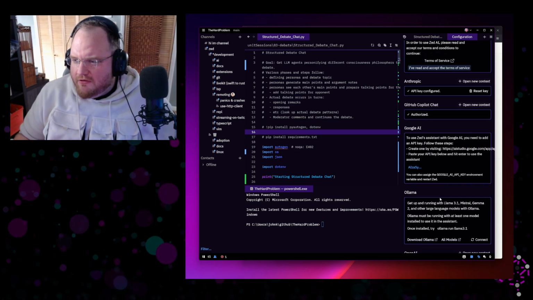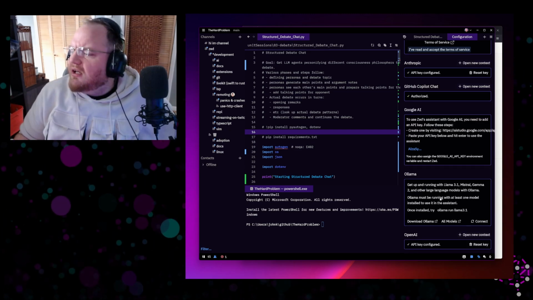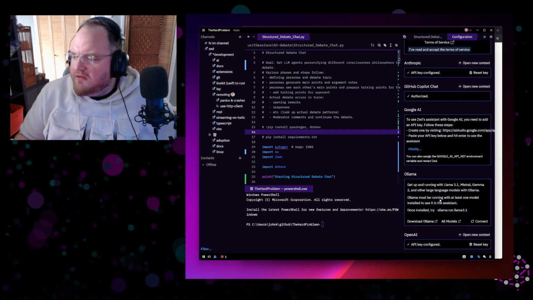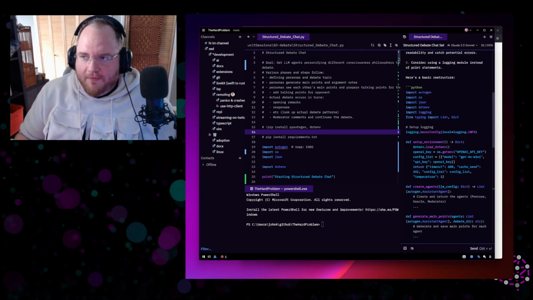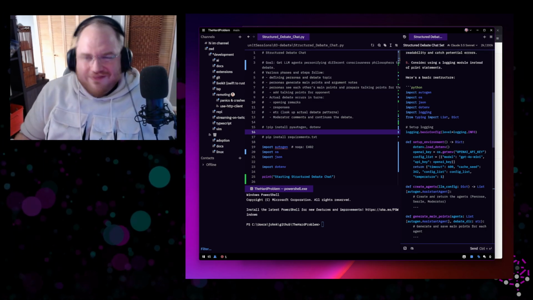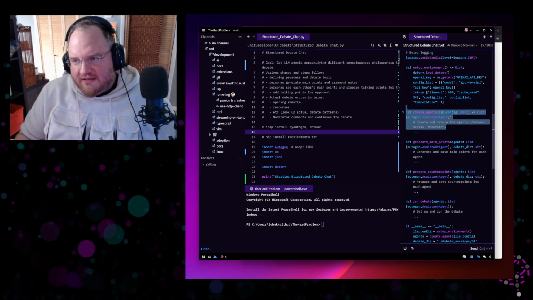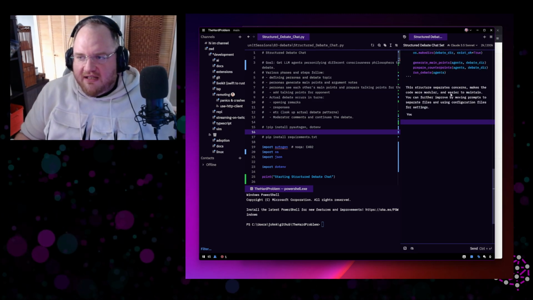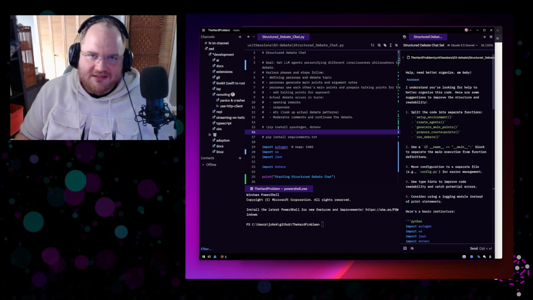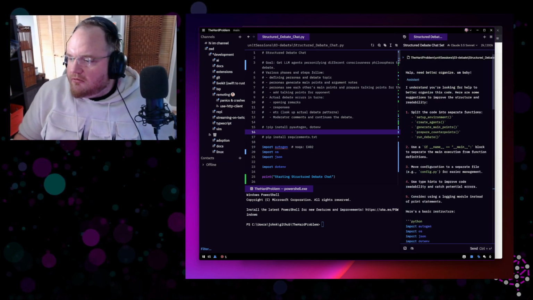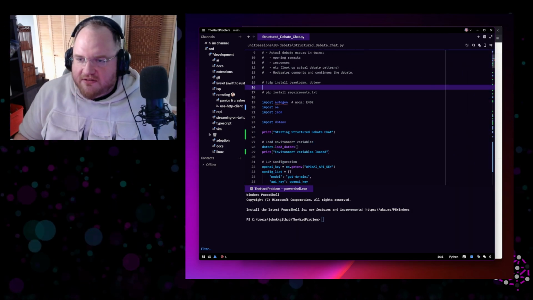I'd love to see one for Grok. I don't know if I have that yet, but yeah. So you have the ability to pop open a side panel to chat, and it's not even really a chat. It's more like a fully editable context. I can delete things that it said. I can change what I say. It's just text after all. So pop that tab closed, and we can also say,